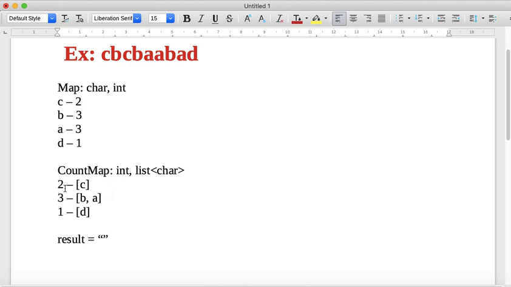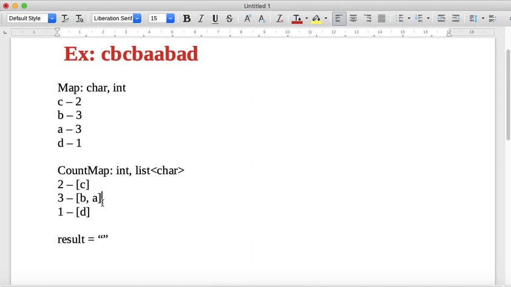Is there anything in this map which is occurring 9 times? I mean, key is 9. So nothing, right? So I go on doing that. Next after 9: 8, 7, 6, 5, like that. When you come to 3, you get these two, right? So 3 is the maximum one that I get.